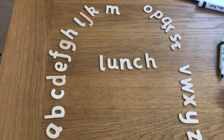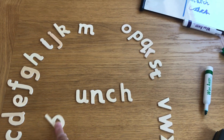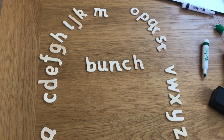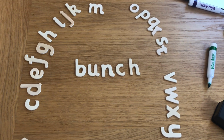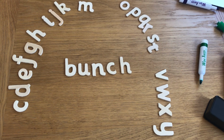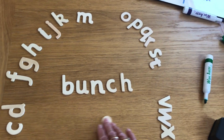Oh, okay. What about bunch? Bethany, with a B for Bethany. A bunch of bananas. A bunch of flowers. If you're really clever, maybe if you're year 5 or 6, you might add a suffix onto that, which is an ending. If you had more than one bunch of bananas, you might have 2